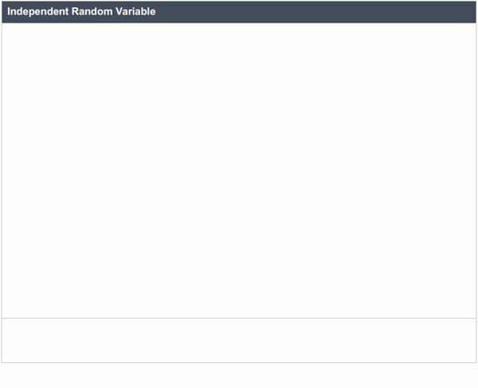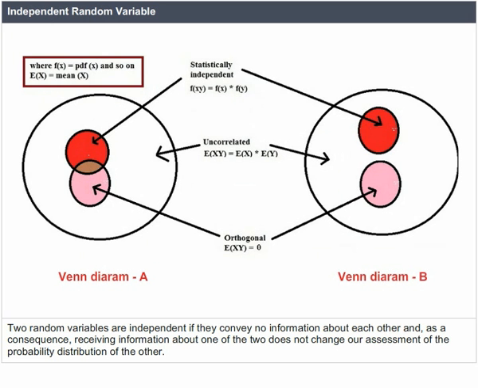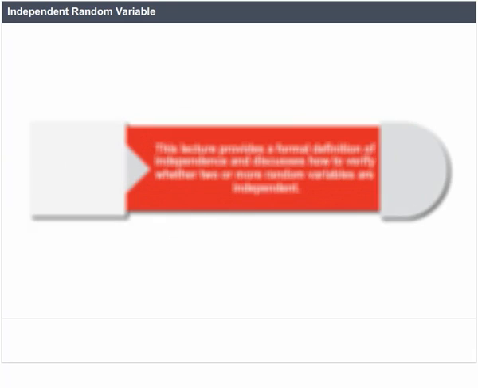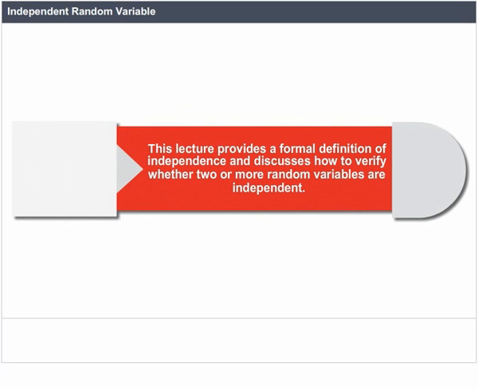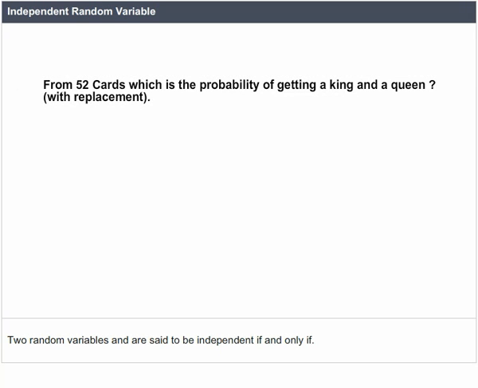Independent random variables. Two random variables are independent if they convey no information about each other and, as a consequence, receiving information about one of the two does not change our assessment of the probability distribution of the other. This lecture provides a formal definition of independence and discusses how to verify whether two or more random variables are independent. Two random variables X and Y are said to be independent if and only if